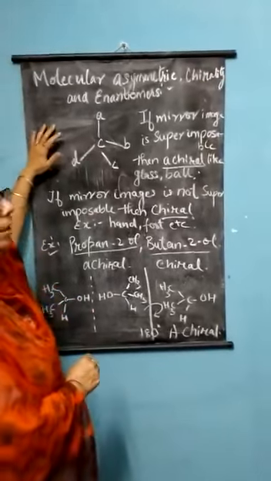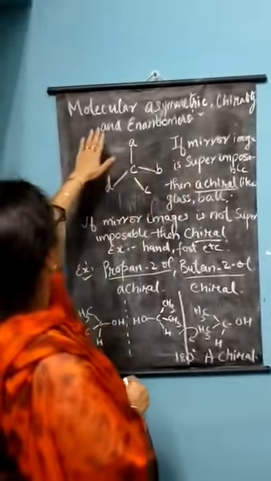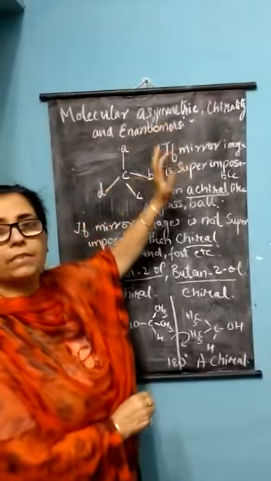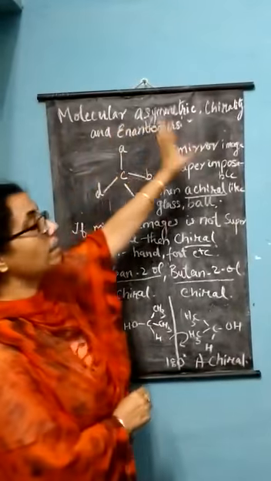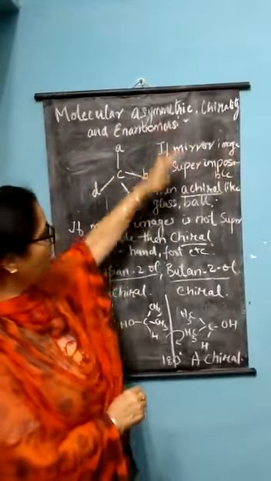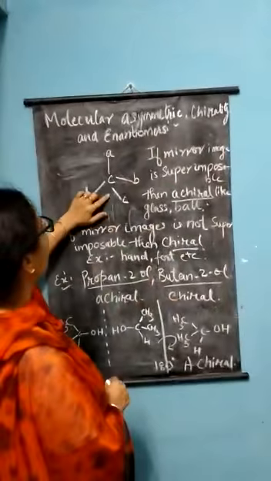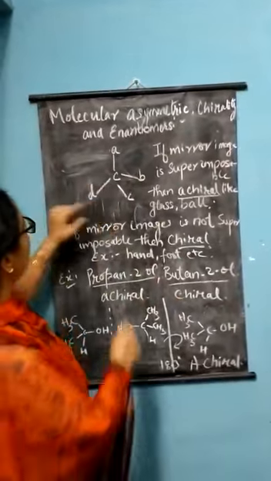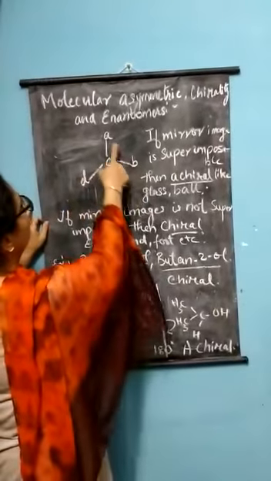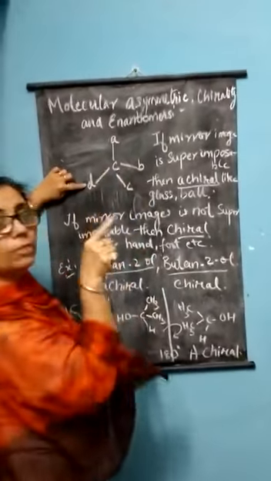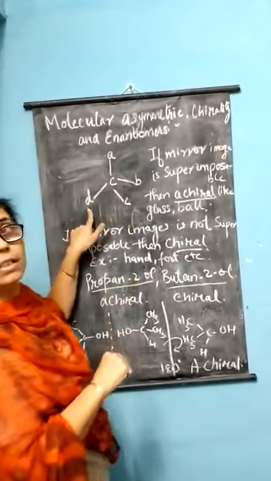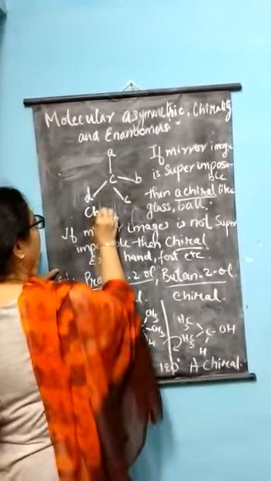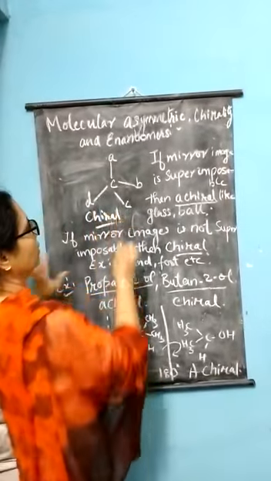Yes children, now continuing from that, we will study molecular asymmetry. That means we will study what chirality is: chirality, asymmetry, and also enantiomers. I will describe all this here. Any carbon substance having all 4 bonds attached to different elements A, B, C, D is said to be chiral. That is, it is not superimposable, it is chiral.